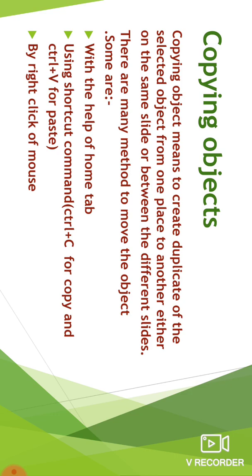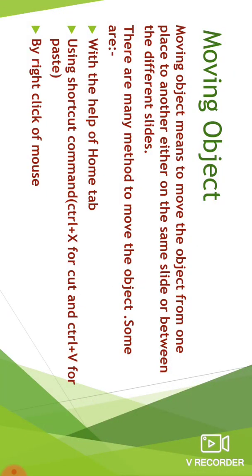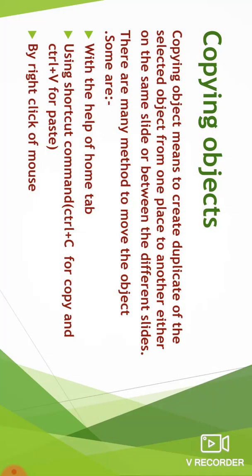Shortcut method for moving, you are using Ctrl plus X, but here you will use Ctrl plus C for the copy option. Means select the object, press Ctrl plus C, then go to the new location, and there press Ctrl plus V for the paste option. And by right click of the mouse, same process, select the object, press the right click of your mouse, a shortcut menu will appear in which the copy option will be there. Select the copy option, then go to the new place, and this time select the paste option, then your object will be copied from one place to another place.